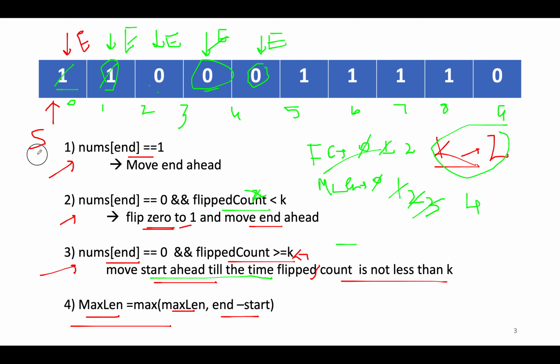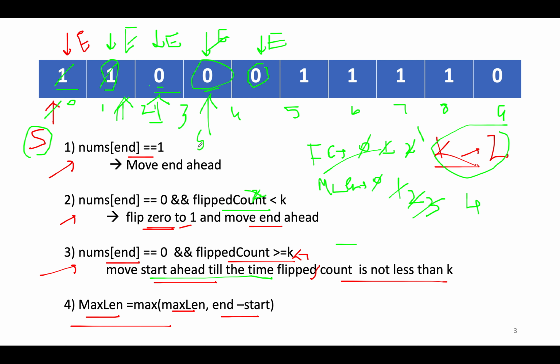So this time we'll move the start pointer ahead. The current value at the start index is 1. So 1, you don't need to do anything, move ahead. Again it's 1, so you can't do anything, we have to move ahead, and start becomes 2, and here the current value becomes 0. Since it has become 0, we can reduce the value of flip count. So flip count gets updated to 1, and we will move the start pointer to the next iteration. So start is pointing here for the next probable iteration.